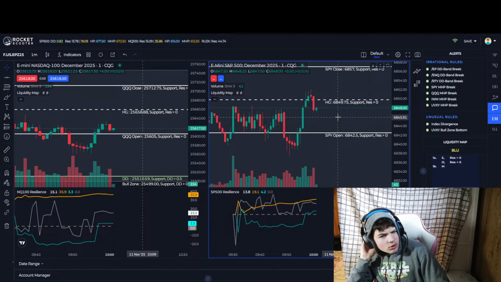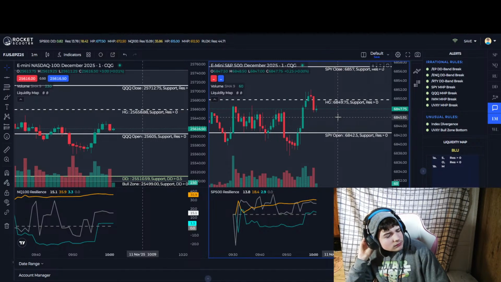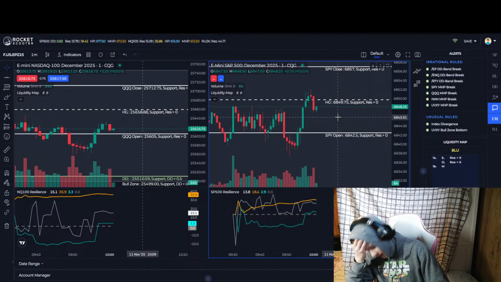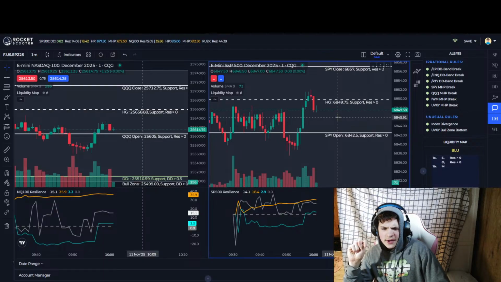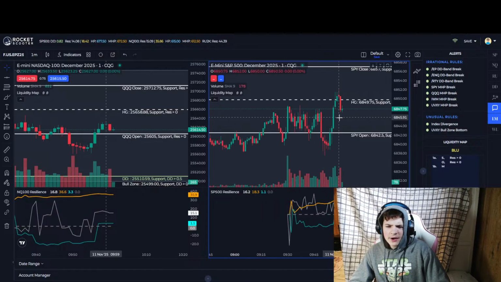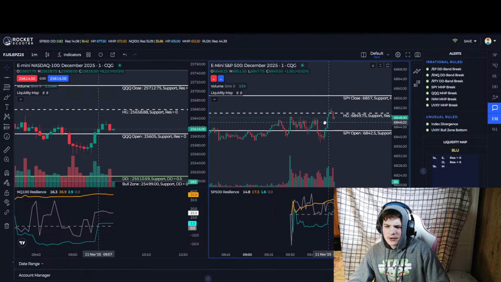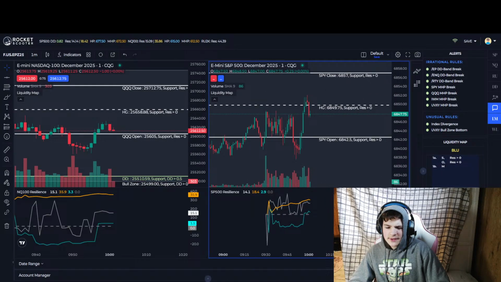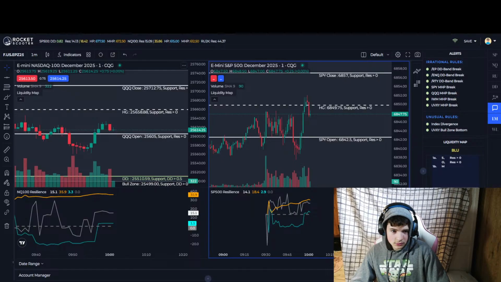Before finding Rocket Scooter, I used to scalp trade. I'd use a strat where I wonder if I still have it. I don't think I do. But it was like a double top, where, let's see if I can actually draw it.